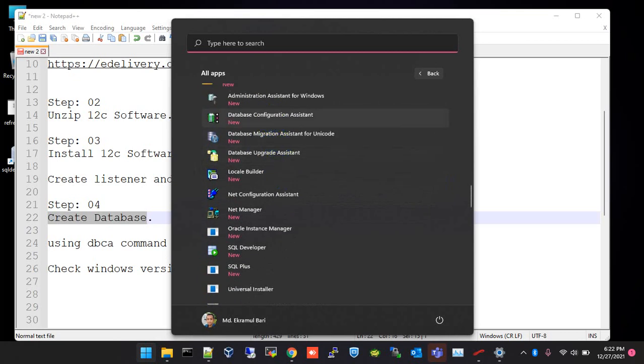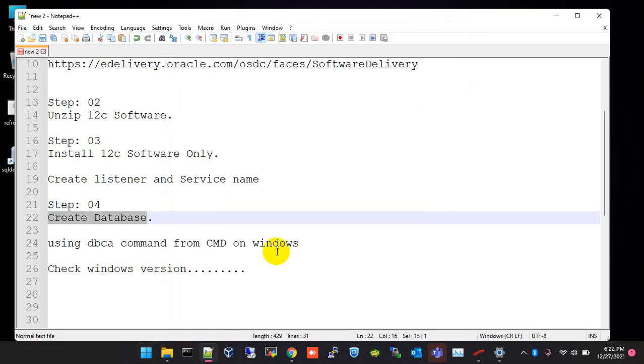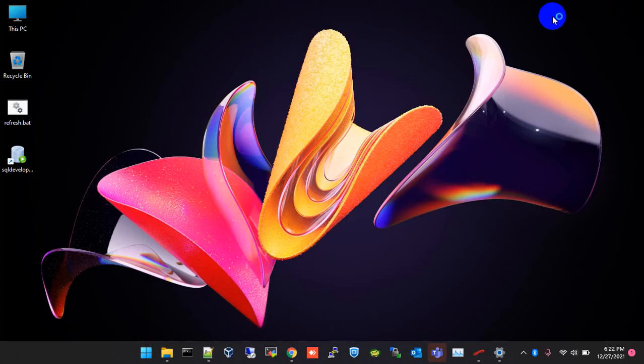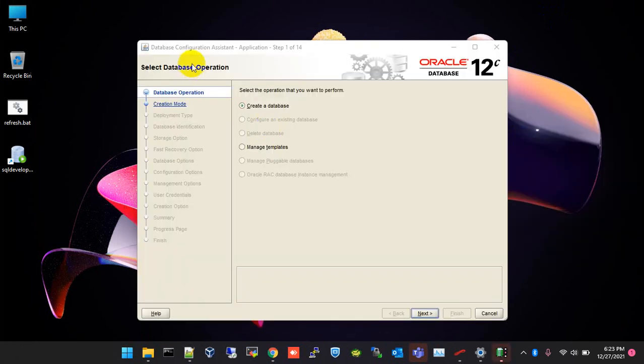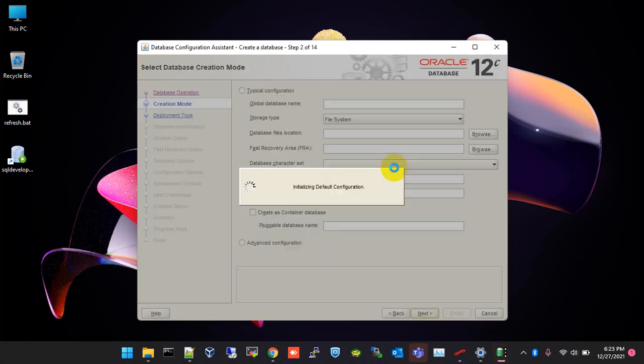Database configuration assistant, and then yes, then the database configuration window will come up. The database configuration assistant application welcome page comes up. Then select the create a database option, then click on next,